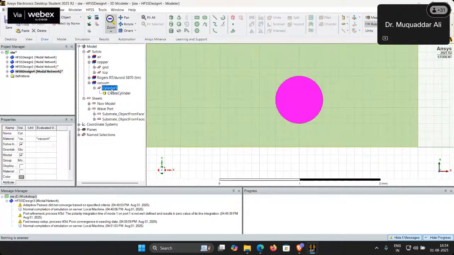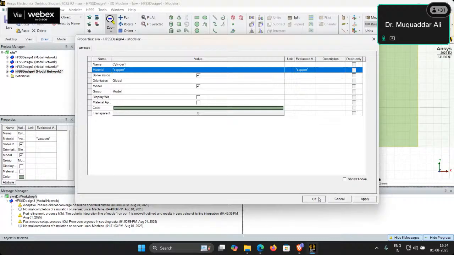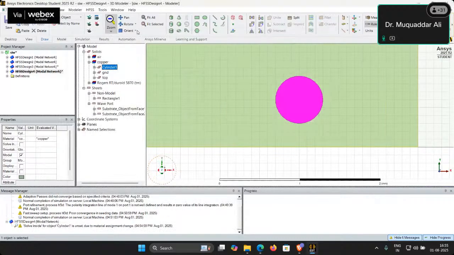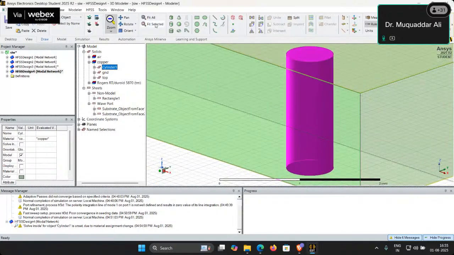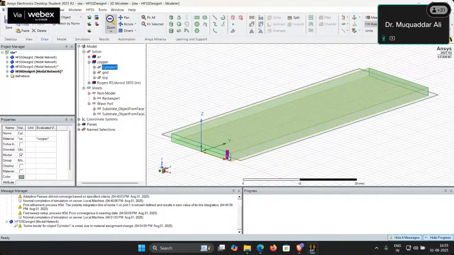So that is this point. This is your RA, and this is the point that I have put. So now this is 2 RA, and then we assign it a material. We are assigning it copper material because we will drill and then we will be filling that with copper. Okay, so now this is just one wire, and